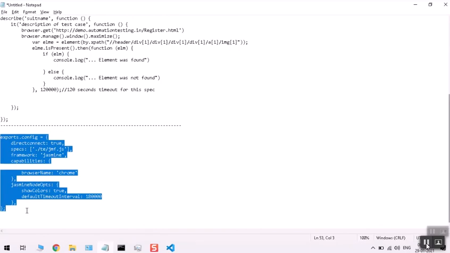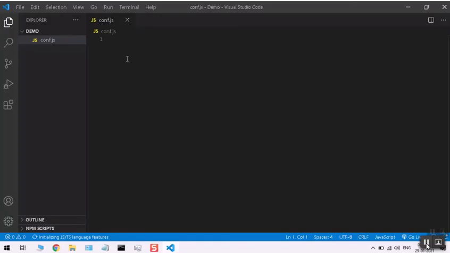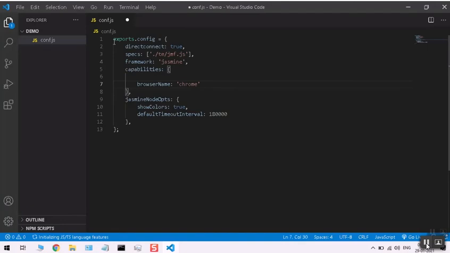In the configuration file, you need to place these things: exports.config, directConnect true. Now we are not using any particular server, that's why we are giving true. Then framework Jasmine, we are using Jasmine, that is why we have given it. Then capabilities, the browser which we are going to use is Chrome.